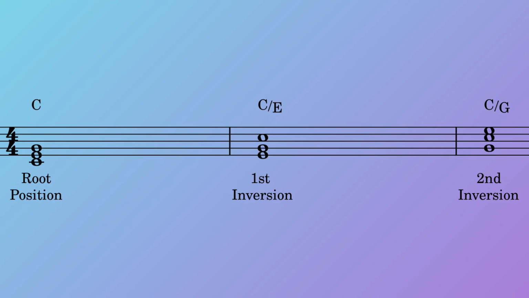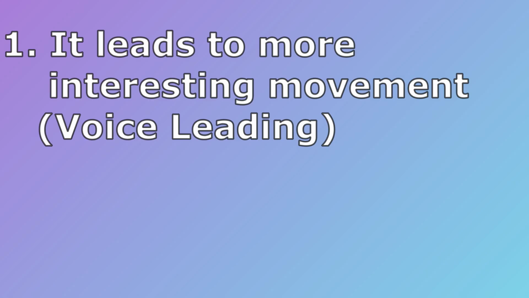Now, if it's all just going to be C major anyway, why even bother with inversions? I will present two reasons here, but feel free to put any other ideas you have in the comments below. The first reason is that it can lead to more interesting movements for the different instruments or voices within a song. As a quick example, one ending you may often see is where the chords go G over D, D, G. So a second inversion of the 1 chord to the 5 chord, back to the 1 chord in root